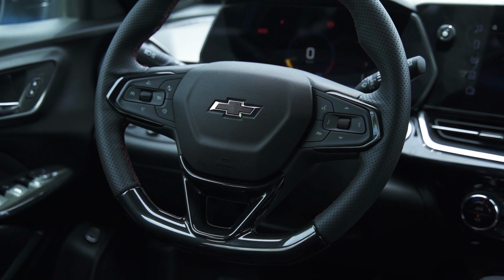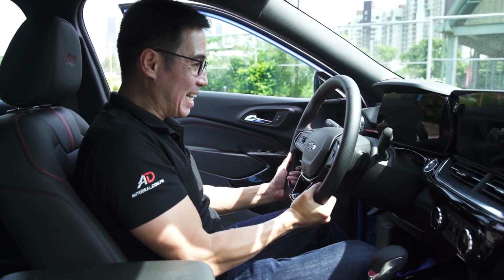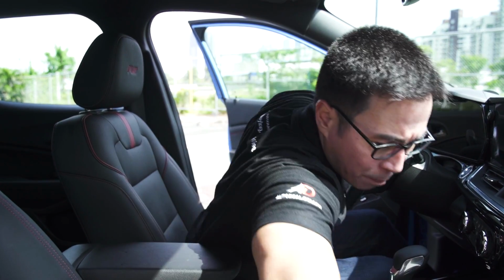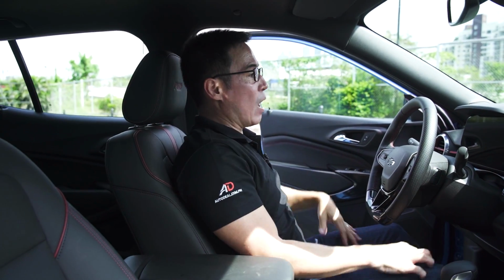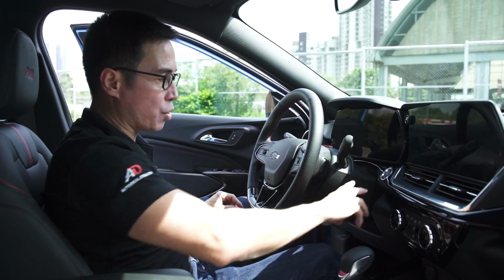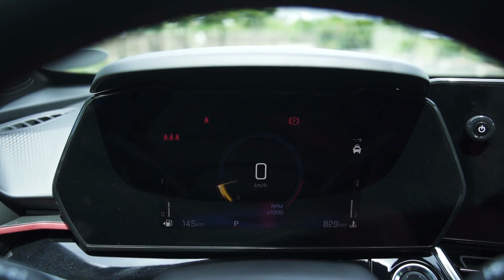And then you got buttons on your steering wheel for your cruise, which is very important, obviously, and to control your infotainment. The steering wheel is telescopic, so you can easily get to your proper driving position, as it is power seats as well. For the passenger, however, it is not power, it's manual. Now, what you have in front of you is two large digital screens that I'll turn on right now. This is an 8-inch instrument cluster with a lot of information on it, which is pretty awesome,